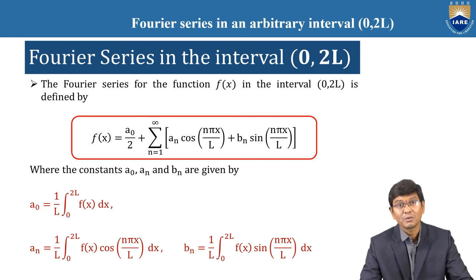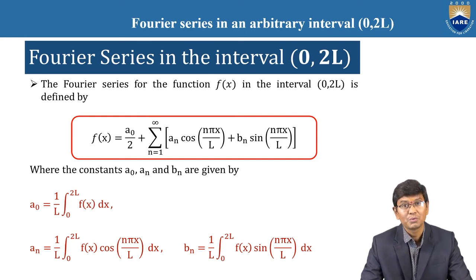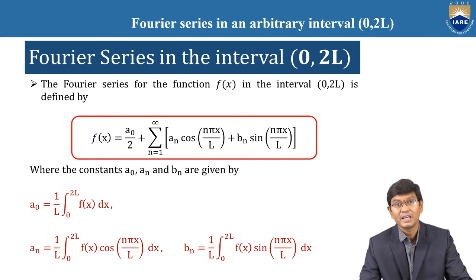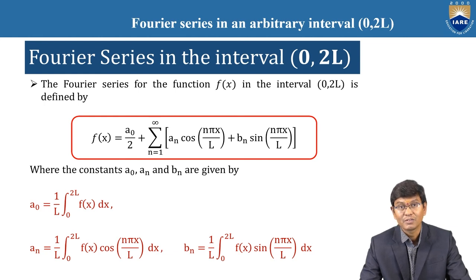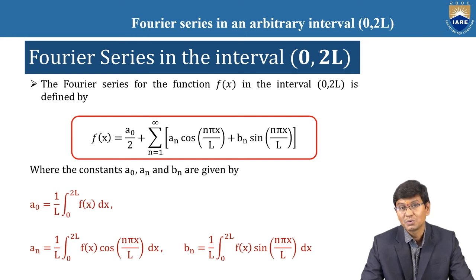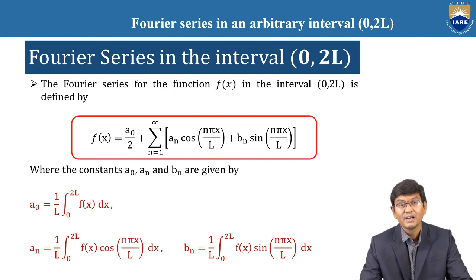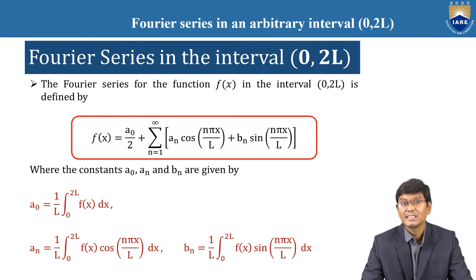These are required when the given limits are between 0 to 2l, but we are not going to do any identification of whether the function is even, odd or neither. And also we should not change the limits, like 0 to 2l equal to 2 by l or 2 into 0 to l. It is not required, because the limits are clearly given as 0 to 2l only. That is the meaning of the required Fourier series being the full range series only. And again, no need to identify whether the function is even function, odd function or neither.